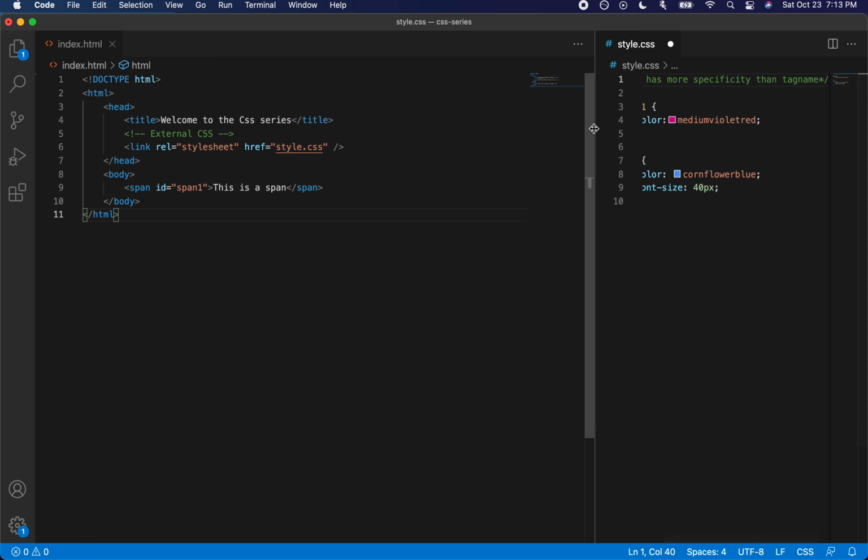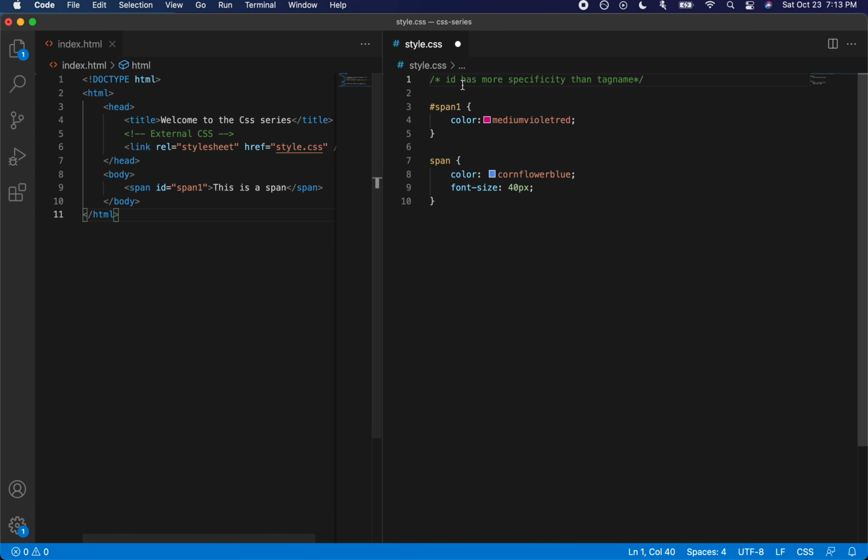To put it simply, any CSS rule with an ID has more specificity than a tag name. So between an ID selector rule and a span selector rule, the ID selector rule got a higher preference or specificity or precedence, whatever you call it.